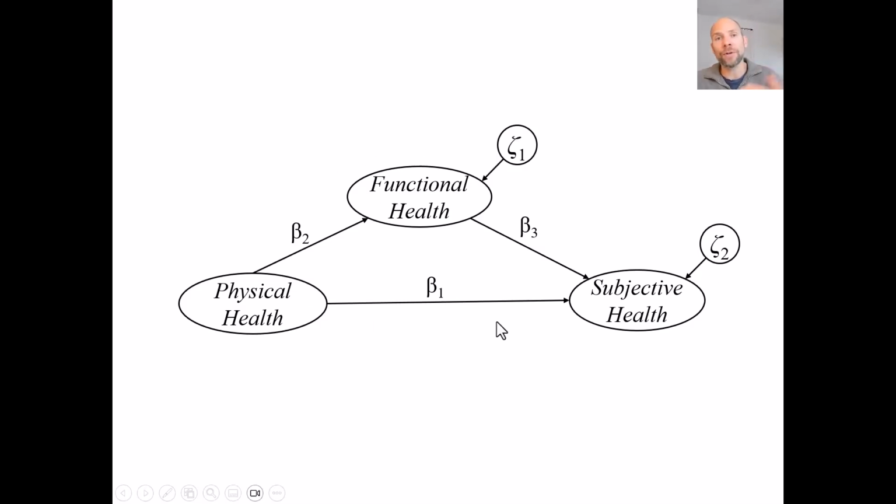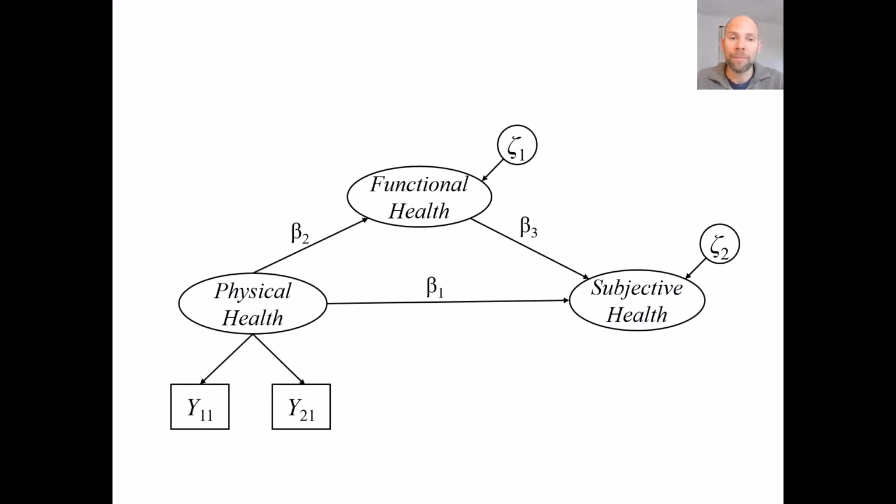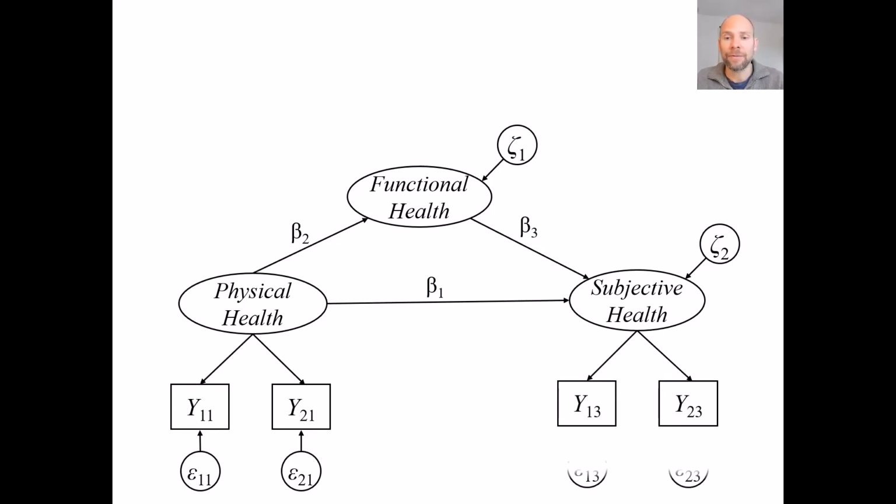But in order to get to the latent variables, we have to have a measurement model for each factor with at least two indicators. So you can see there are the two indicators for physical health that we already discussed, the number of sick days and the number of doctor visits. And then for subjective health, we would have also two measures at least. So we might have